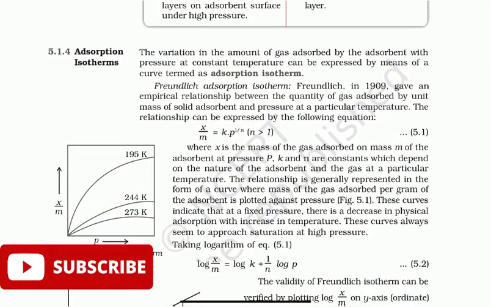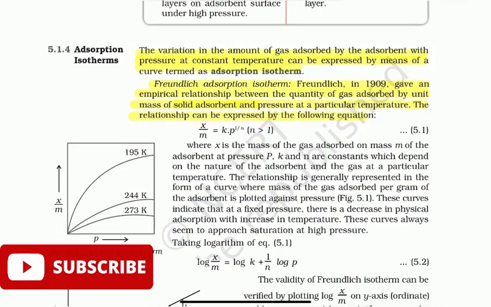Adsorption isotherms. The variation in the amount of gas adsorbed by the adsorbent with pressure at constant temperature can be expressed by means of a curve termed as adsorption isotherm. Freundlich adsorption isotherm. Freundlich in 1909 gave an empirical relationship between the quantity of gas adsorbed by unit mass of solid adsorbent and pressure at a particular temperature. The relationship can be expressed where x is the mass of the gas adsorbed on mass m of the adsorbent